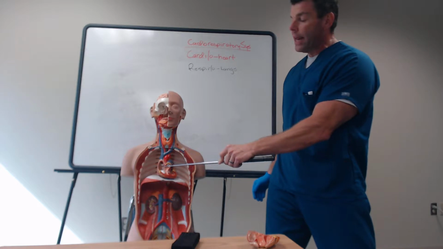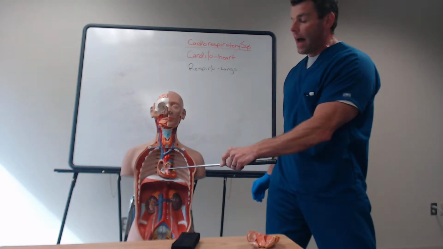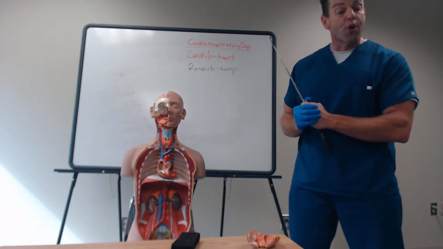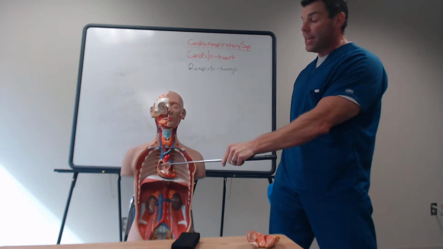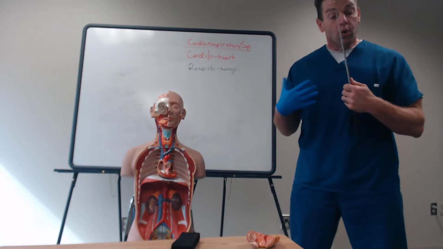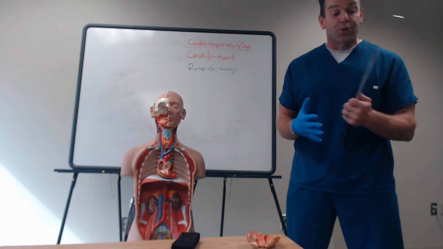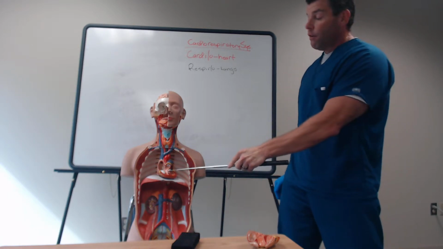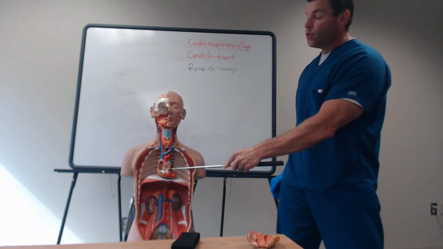Now, deoxygenated blood from the right atrium is going to go through this valve. It's called the tricuspid valve. It separates the atria from the ventricle. You'll also hear it called the right atrioventricular valve. From the right ventricle,